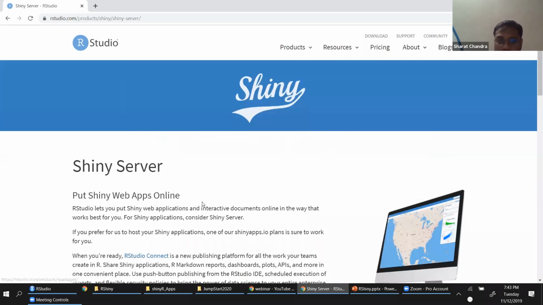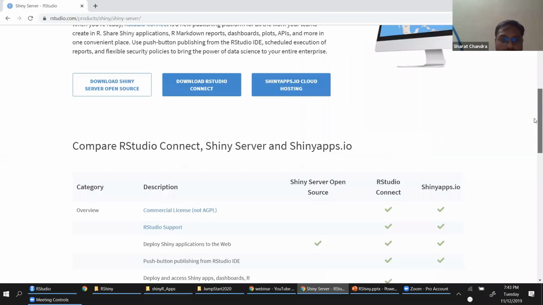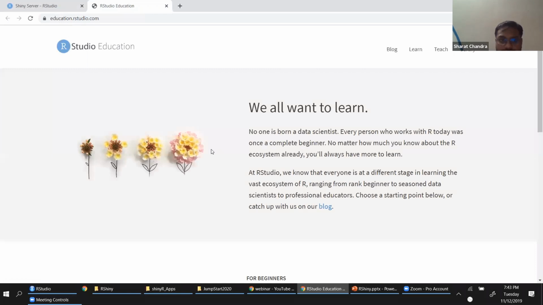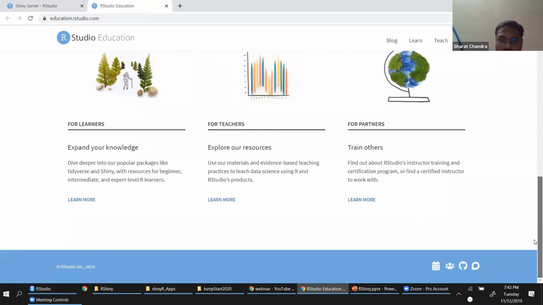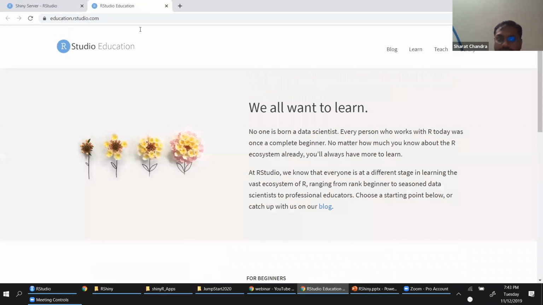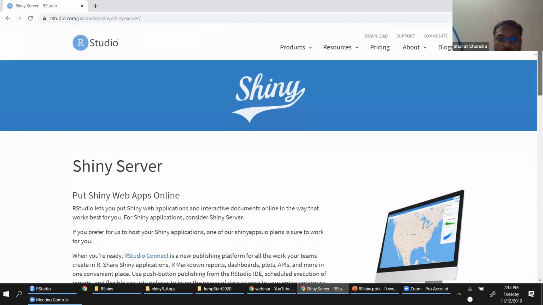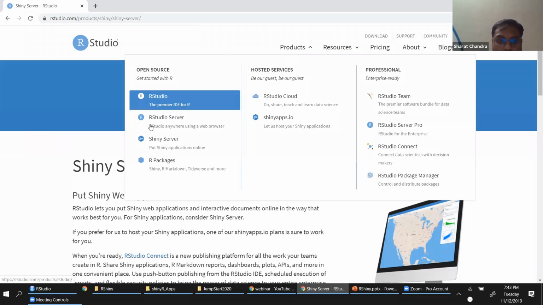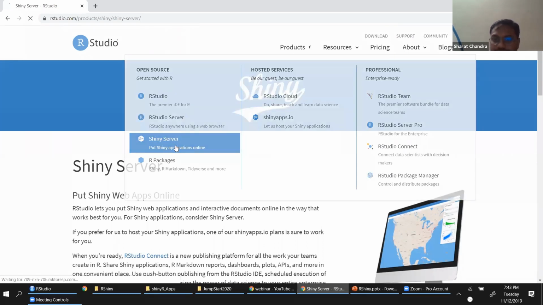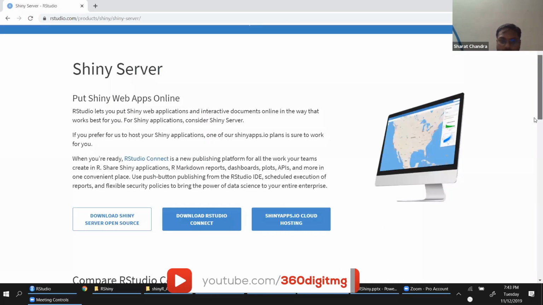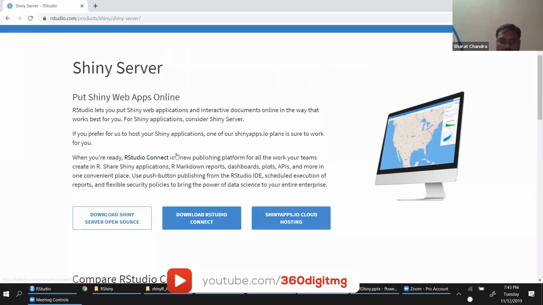Now let's look into the documentation also. These are all the blocks that you have. Oh, sorry, this is not the window. Let me check for the RStudio Shiny app details. This is RStudio Connect.